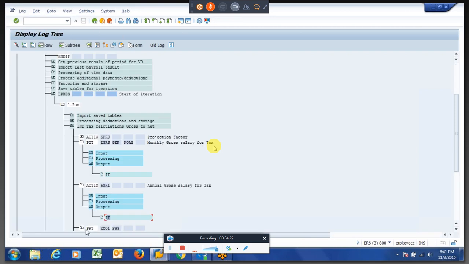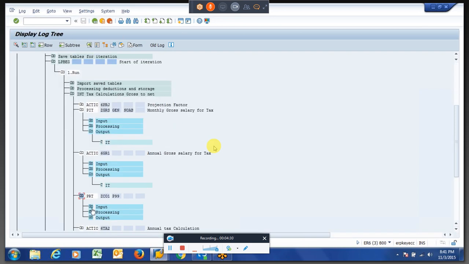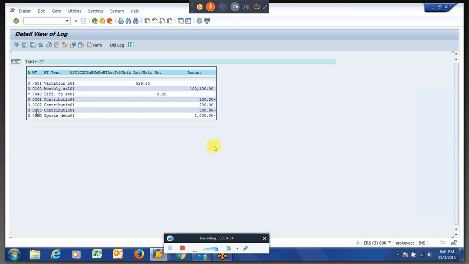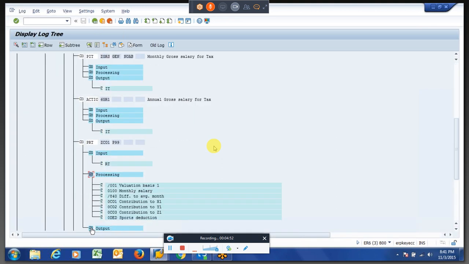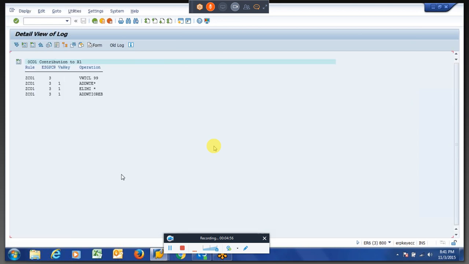So now what we have written, based on the processing class, we are going to calculate based on the RT. What wage types are specified in processing class 99 with specification 1? These 3 wage types we have maintained, 100, 200 and 300, with a direction symbol, and now we are processing these to RT.